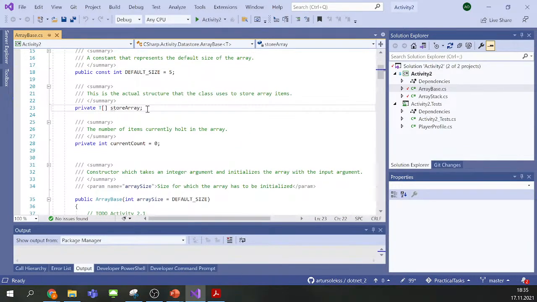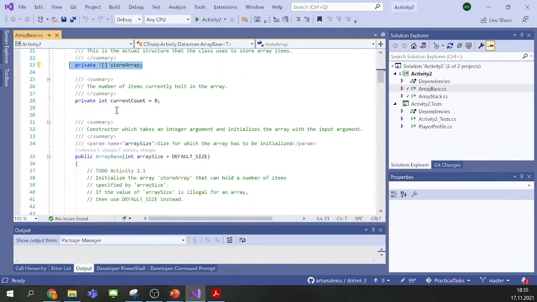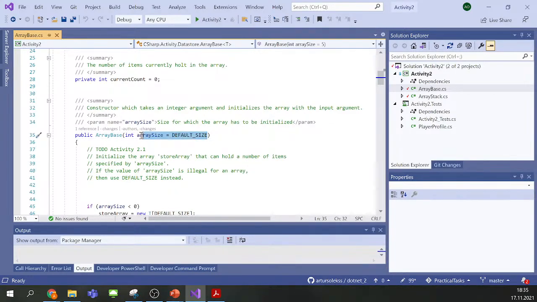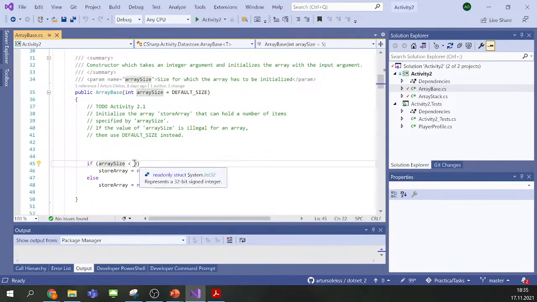10. Here we have the array, which is stored inside our class, inside the object created from this class. And here you can see one more feature we have in C#, that we can place default values for the parameters of the method. It means that if the argument is not provided, then the default value will be used. Then we need to initialize inside this constructor